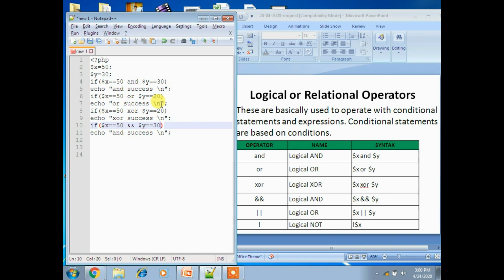Whatever I have taken as variable username has value Danu, the second variable password has value 1234. Now by using an if statement, the condition is $username double equal to Danu, logical AND, then $password double equal to 1234.